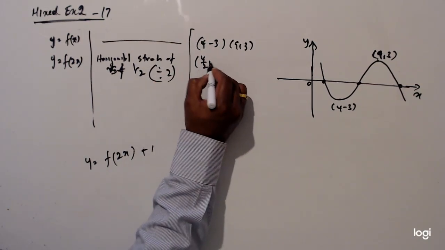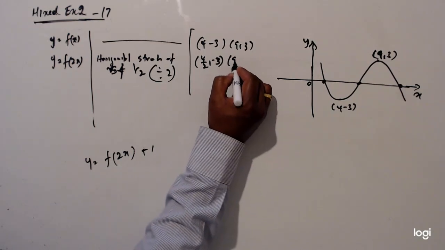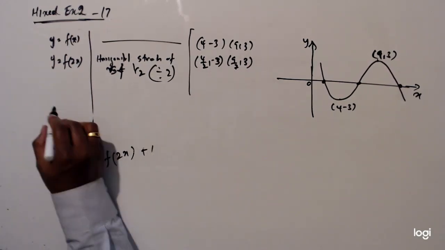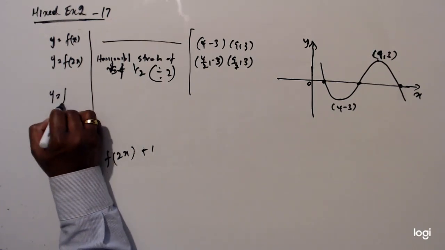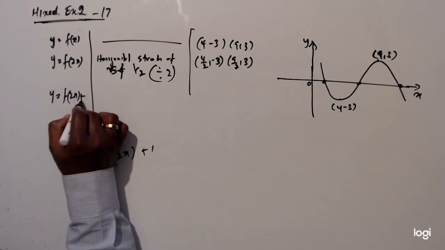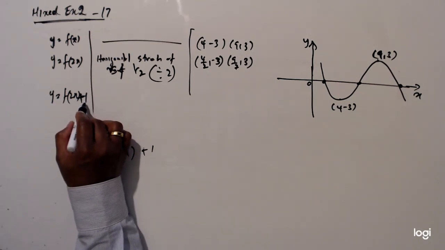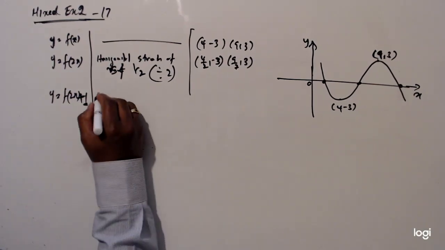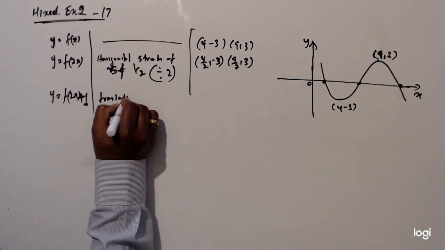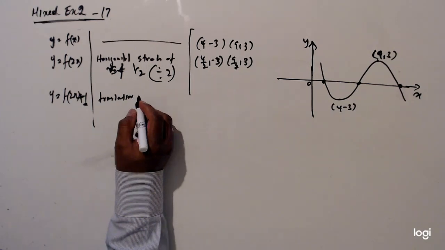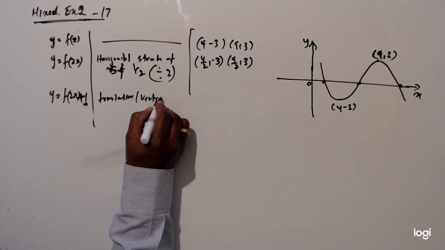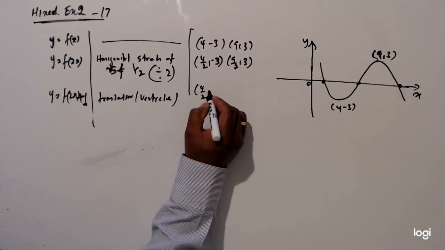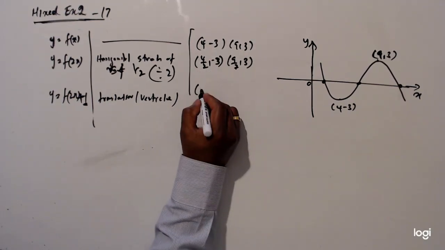So 4 divided by 2, 9 divided by 2, and 3 as it is. Then y equal f(2x) plus 1. So this is affecting the y value. So this is a vertical translation. So we want to add 1 to the y values, x as it is. Okay, 4 divided by 2 is 2,